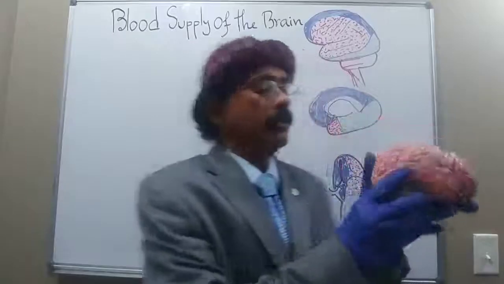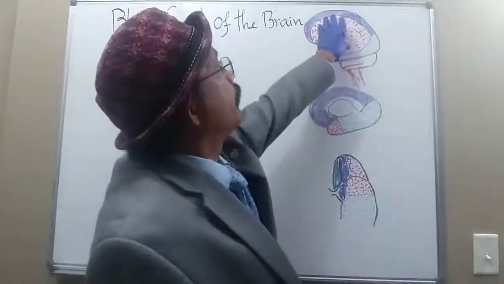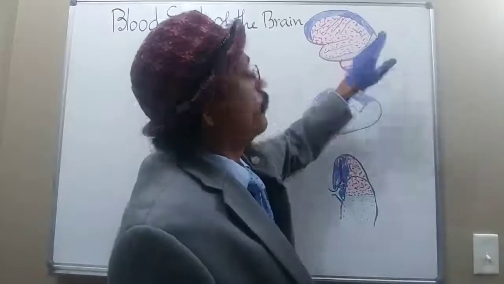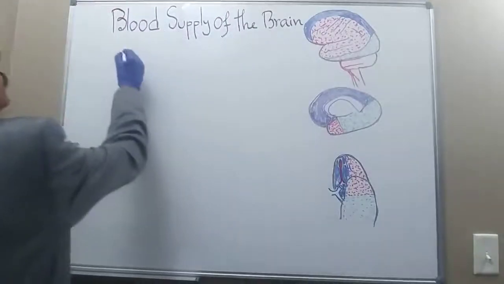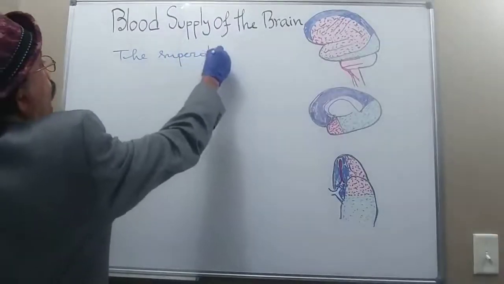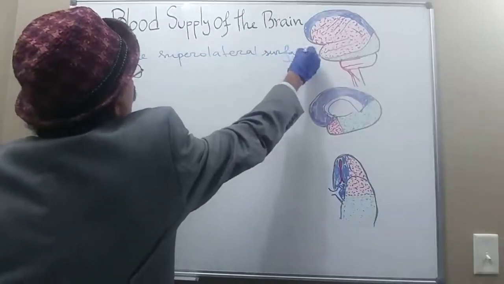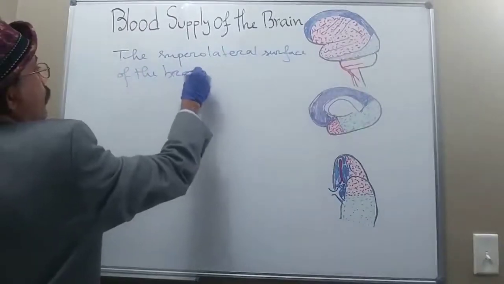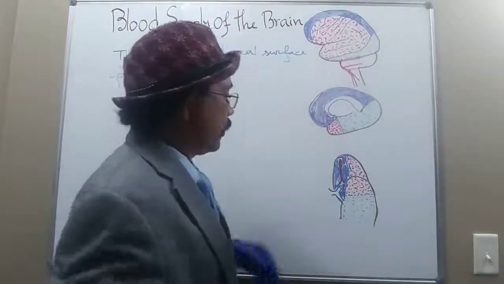The superolateral surface is getting blood supply from the middle cerebral artery, anterior cerebral artery, and posterior cerebral artery. The superolateral surface of the brain is supplied by